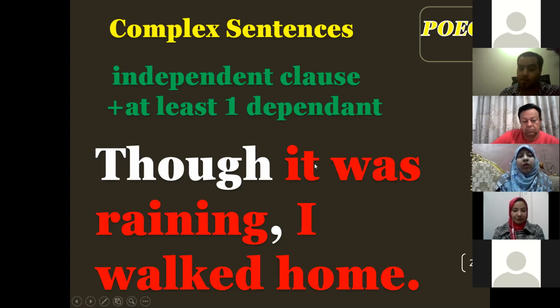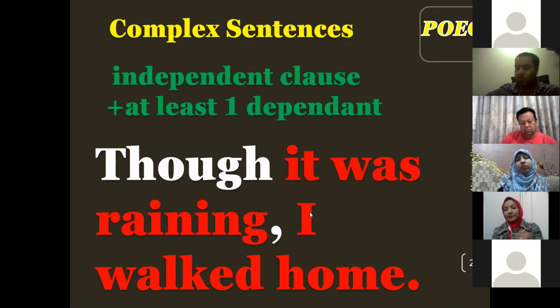The compound sentence contains two independent clauses, but the complex one has one dependent and one independent clause. So what differences can we make here? I can break the compound into two simple sentences. Perfect, more than perfect. I can just split them. In the compound one, I can split and they keep their meanings.